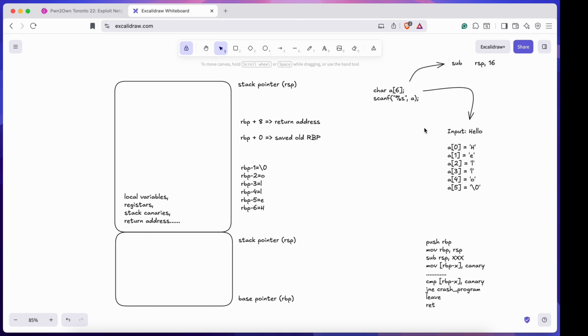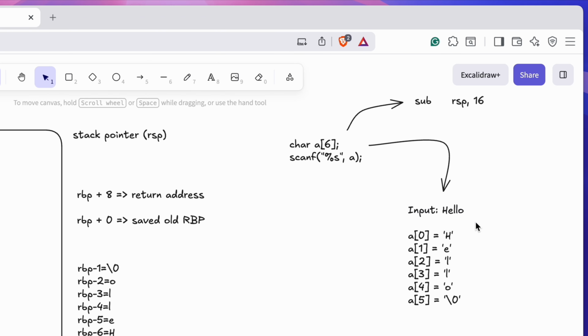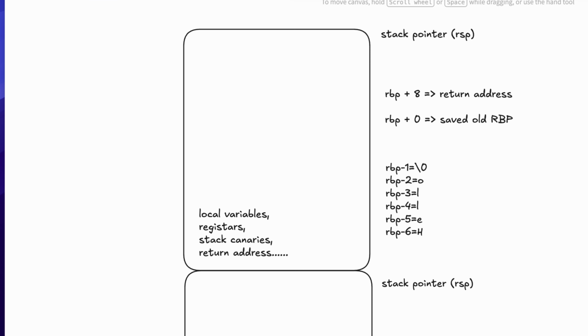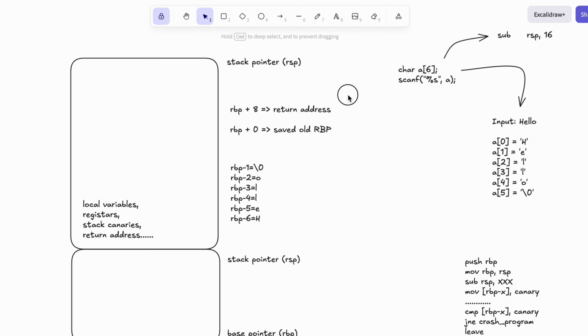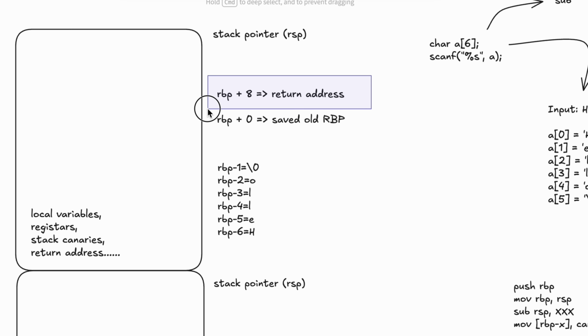When we run the program, and let's say we enter the word HELLO, now each character will be stored in the array in this format. A[0] will store H, A[1] will store E, and so on. On the stack part, it looks something like this. RBP-6 stack frame offset will store the value H, RBP-5 will store E, and so on. As I said before, a certain memory is assigned to this stack, and the stack must hold everything inside it. As an example, the return address is being stored at RBP+8.